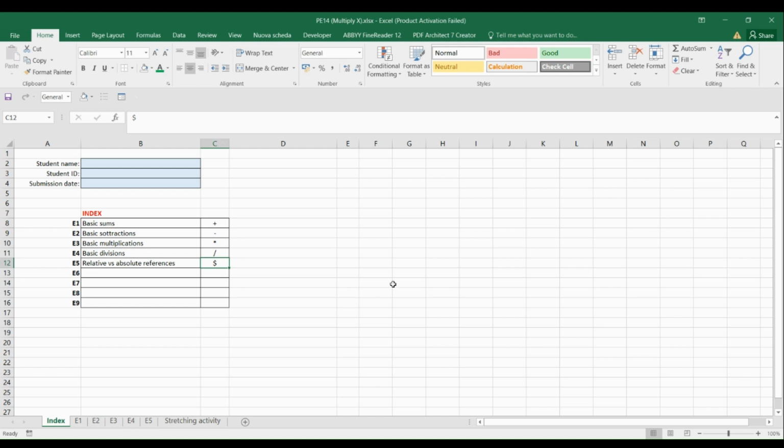Hi guys, we're gonna do an exercise in Excel called multiply. This exercise is about exploring basic calculation and basic formulas. As you can see here, there is an index. Make sure you put your name, student ID, and submission date. I already wrote for you